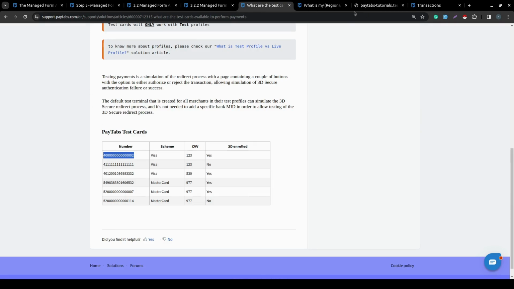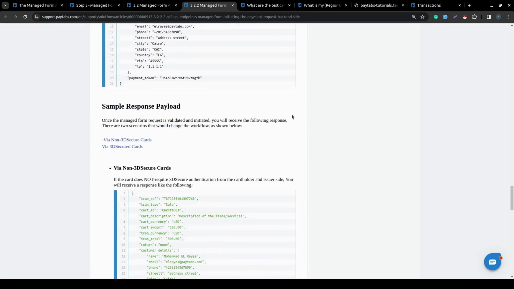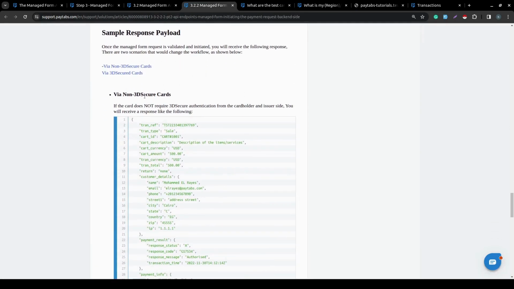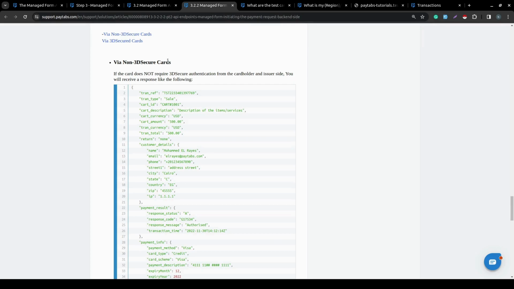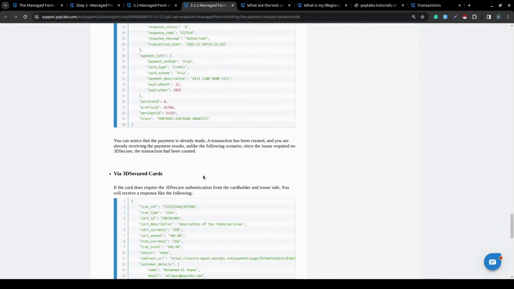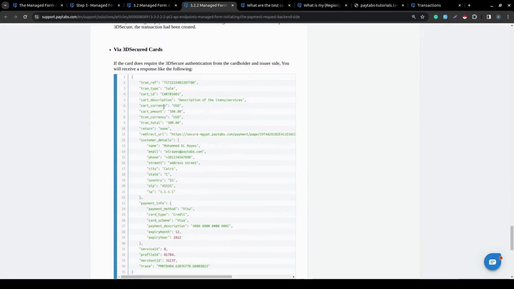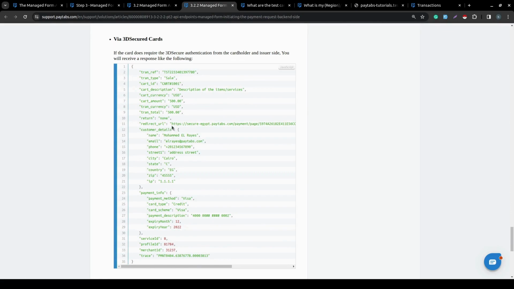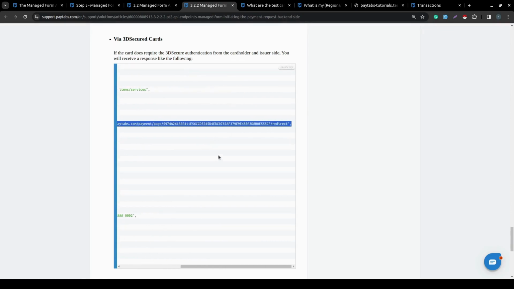So if we did a payment through a non-3DS card, let's get back to our response over here, that means that the card does not require 3D secure authentication, does not require an OTP from the issuer side. So the payment will be done immediately, and you receive the payment response. But if the card is 3D secured, instead you will receive a redirect URL that you should redirect your customer